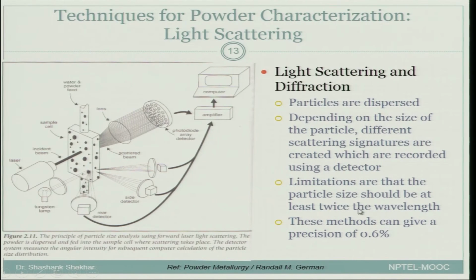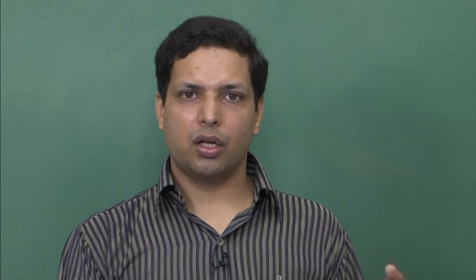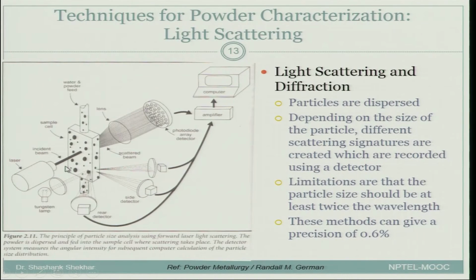Although the wavelength is a very small quantity, of the order of nanometers, we are able to characterize particles to a much smaller length than the other techniques we saw so far, like the sieving technique or the sedimentation technique. But even here there is a lower limit, and that lower limit is determined by the wavelength. This method can give a precision of 0.6%. So, now let us look at